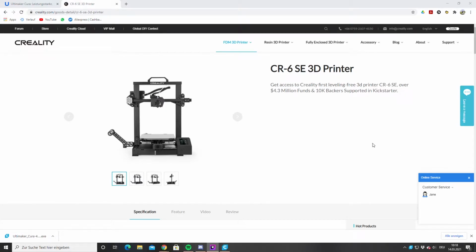Hello and welcome to this short video in which I will show you how you set up your CS6 SE from Creality in Cura 4.8.0. So when you have the CS6 SE, first thing when you have built your own printer at home, you have to go to the website with the link below,